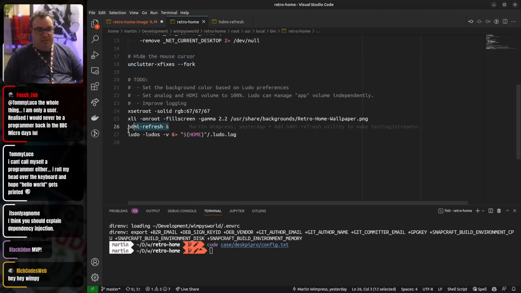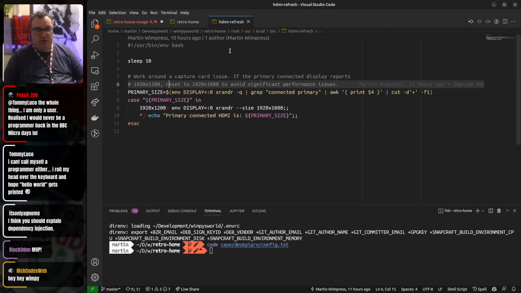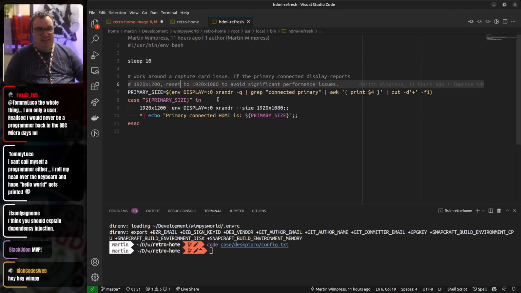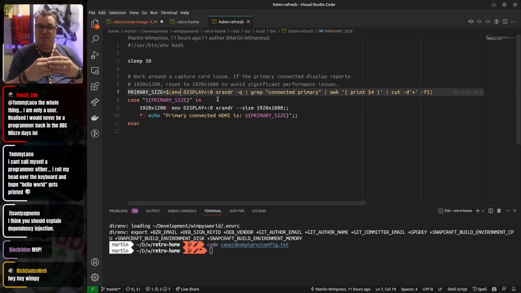But I've injected this HDMI refresh just before we launch Ludo itself. And what HDMI refresh does is this. It waits. I've tried to find an elegant way to prevent this race condition, but I can't actually do it. So we just sleep for 10 seconds, which is a bit rubbish, but it's serviceable. And then we go and inspect the resolution of the display, because what happens is when Ludo brings up the display on just my Raspberry Pi 4s